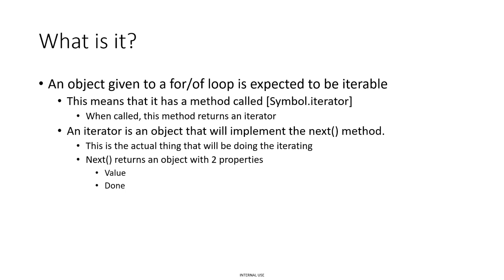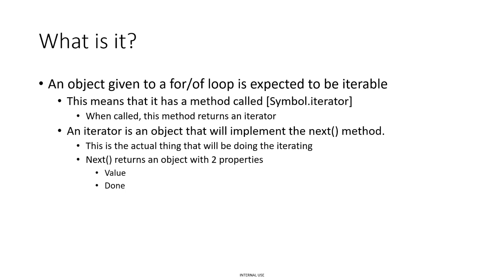What is the iterator interface? An object given to a for of loop is expected to be iterable. We talked about this last time too with symbols and how they're not iterable. Iterable basically means you can loop through it. So what the iterator interface is, is that in an object,